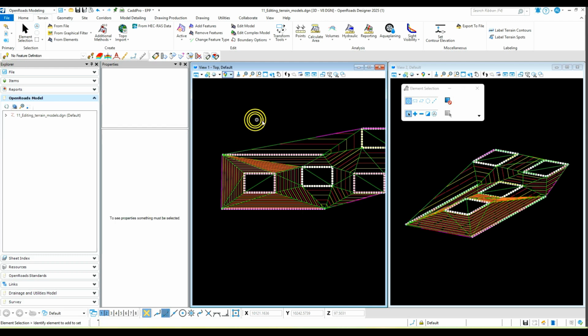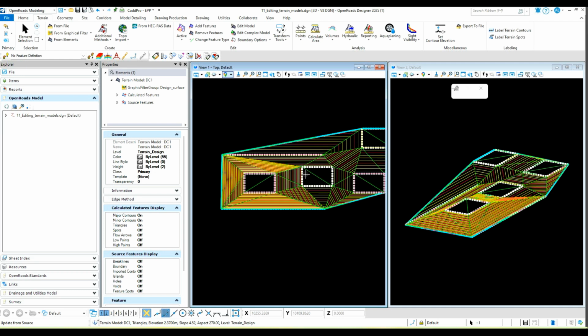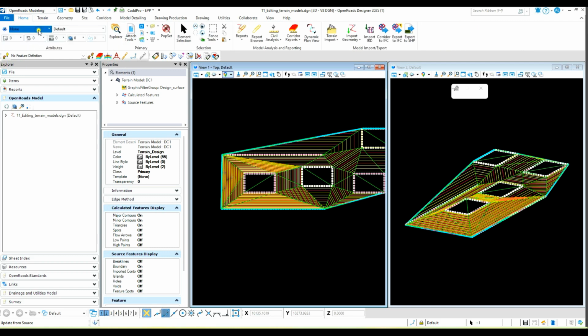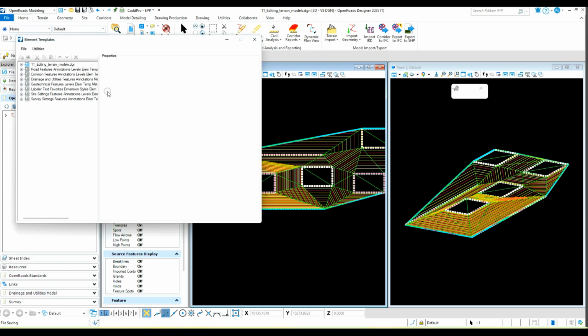The only problem with doing it that way is if I was to re-triangulate that, it'll go back to its original settings. So I'll re-triangulate it and you can see what happens. So it's gone back to those original settings. The best way to modify terrain model settings is to do it through the element template that's associated with the feature definition. So we'll see here that